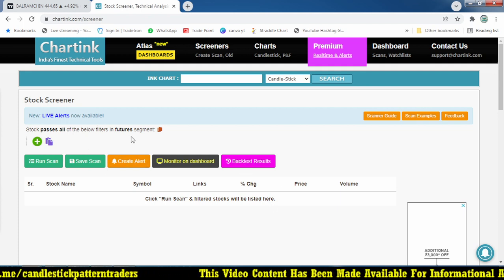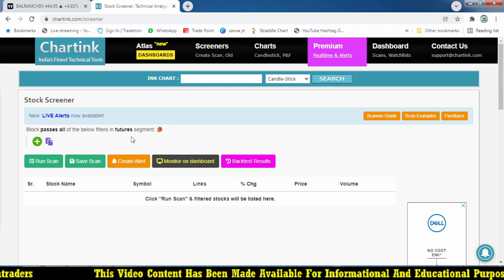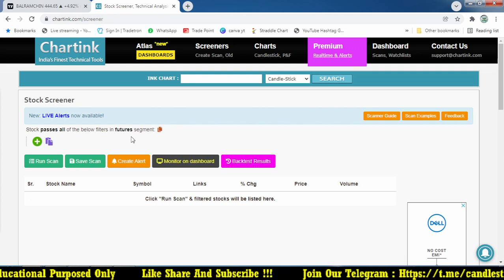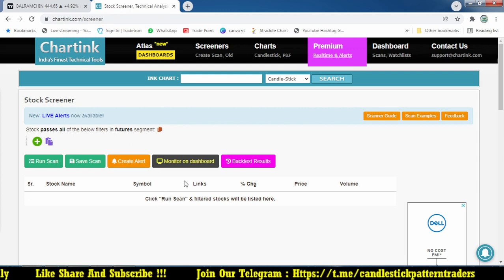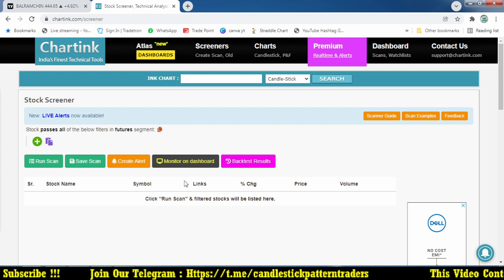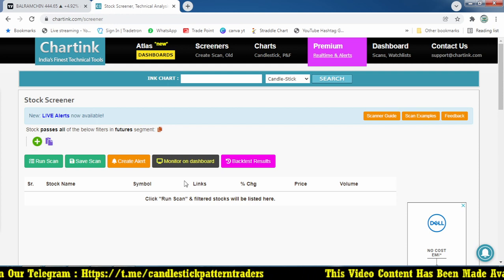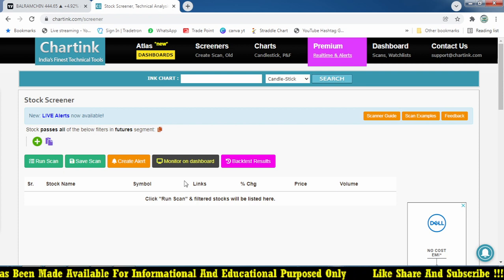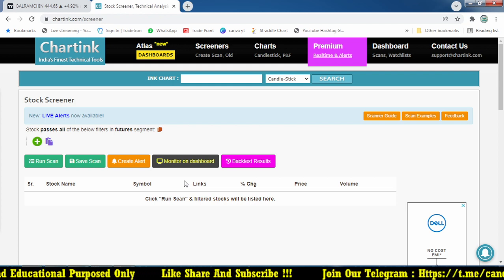Now I'm going to take a futures stock which I'm going to try to trade. There's a particular method which I provided to one of my students. He's not really a student, he is more than double my age, a big boss like that. He asked me for this kind of scanner in one week, and after seeing all the conditions we have created such a great code that will help you find intraday as well as positional trading strategies, a more powerful positional indicator, and you can also use it as a good intraday one.